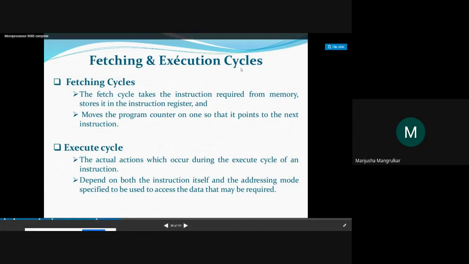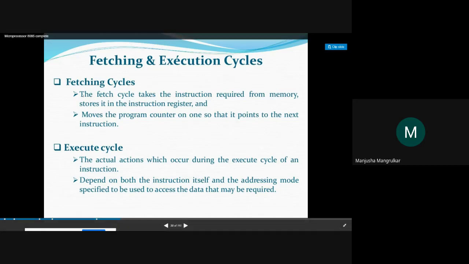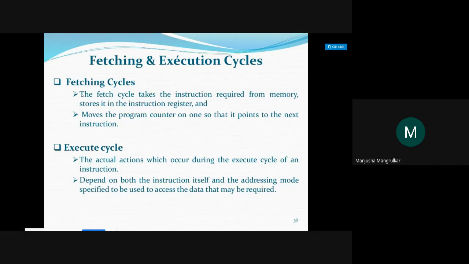So now there is a machine cycle. The completion of one instruction is called the machine cycle, right? That machine cycle has two types: the fetching cycle and the execute cycle. Fetching cycle means it is fetching data from the memory to the microprocessor, and the microprocessor has to understand whether it is an opcode, whether it is data, whether it is an operand, or what to do with this data,